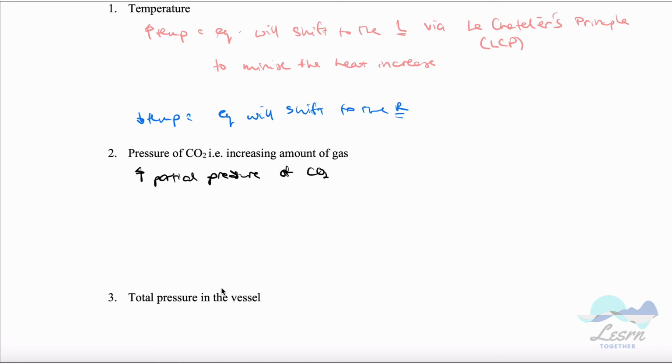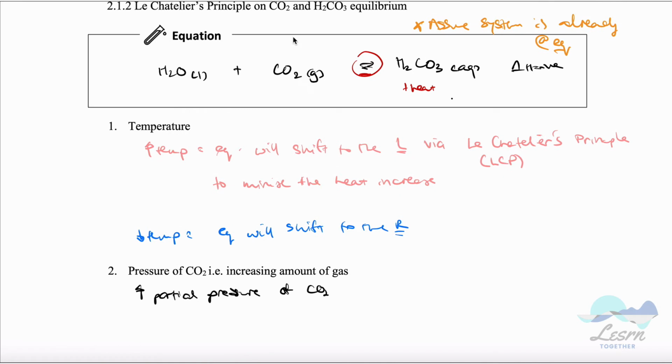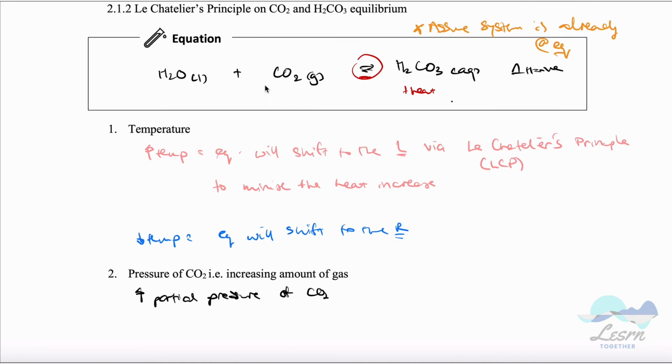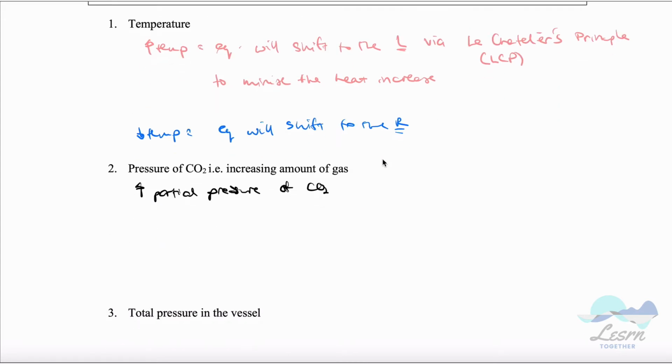You can think of it almost like increasing the concentration of CO2, but we generally don't use concentration when we're referring to gases. We just say the partial pressure, but they mean the same thing. So we're increasing the amount of CO2. Now, if you have a look at this equation here, if I increase the amount of CO2, the equilibrium is going to want to shift to the right in order to minimize some of that CO2. So if I just copy that equation down again, just to illustrate that point,